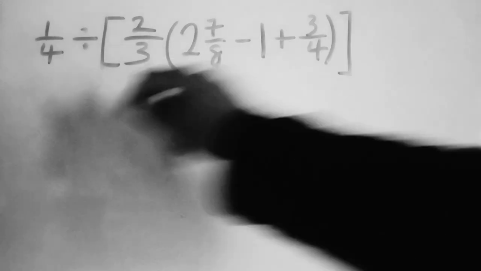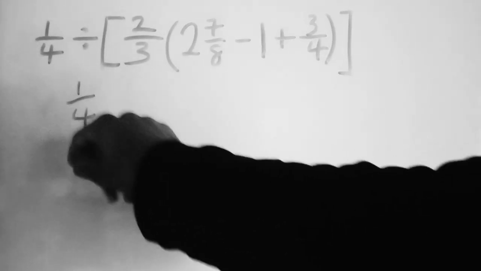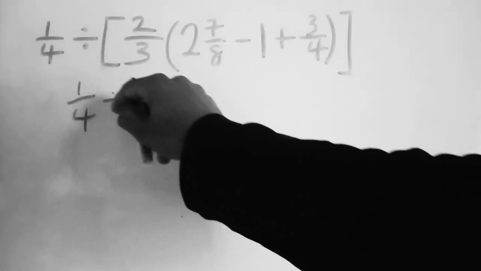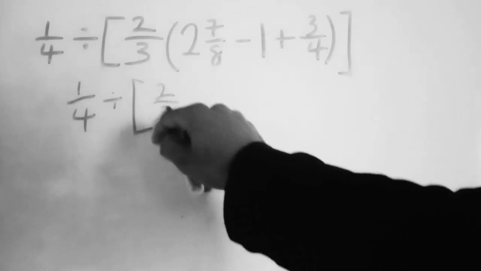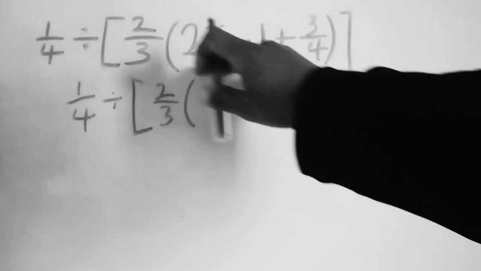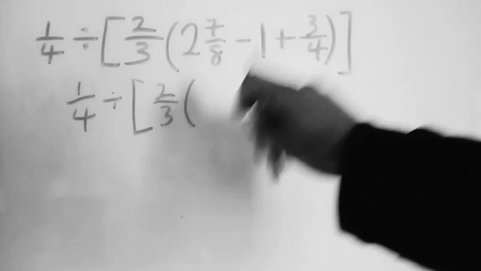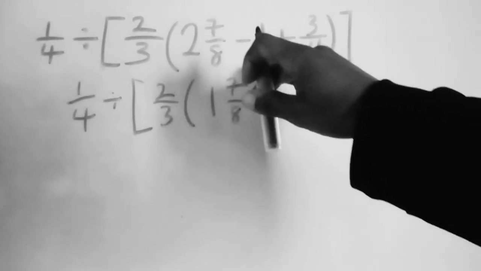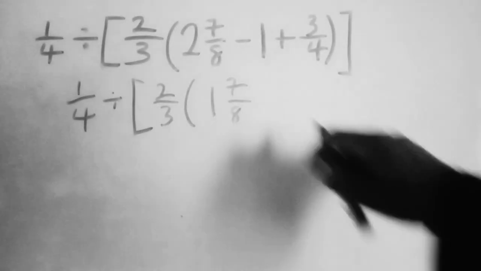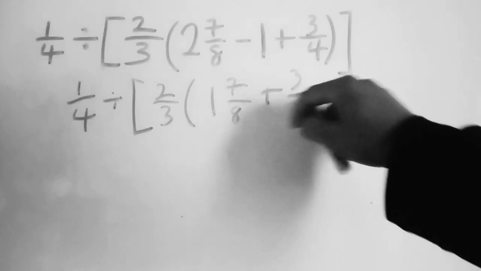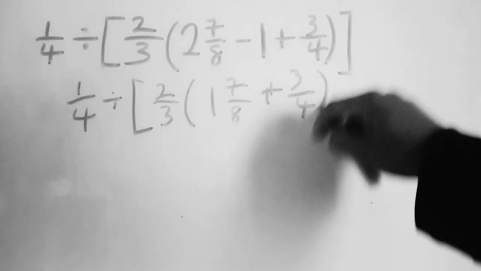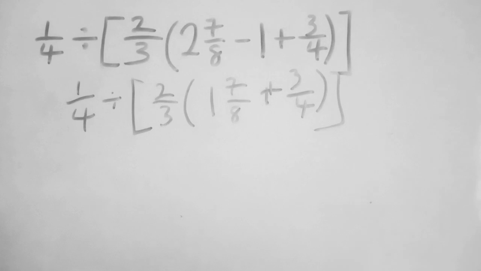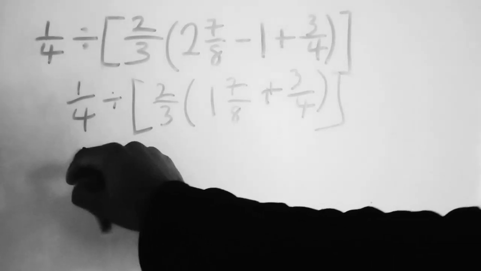First of all, you have 1 over 4 divided by 2 over 3. Now 2 whole number 7 over 8 minus 1 is 1 whole number 7 over 8. It's more like you're removing 1 from 2 and then just adding it to 3 over 4. So you're left to sort out this bracket, and that gives you,